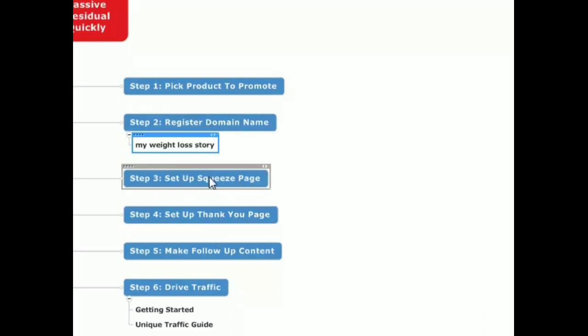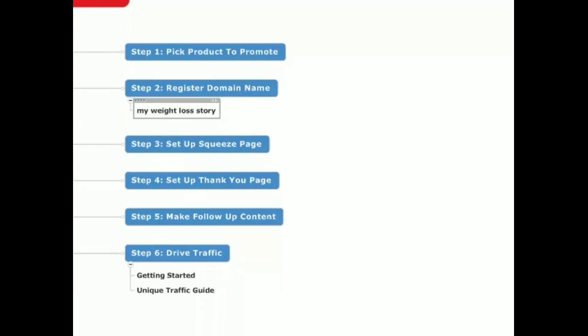Now, normally I wouldn't really bother with even doing a blog, but I'm sitting here thinking, this would be a cool little bonus. So I would add a blog onto my site, and all I would do is every week I would update with my progress, and they can make comments. I would update with videos, and they can make comments, and I can answer their questions, and that would be a really cool bonus. And so I could invite them to come along with me as I try to lose weight. Hey, I'm going to try to go through this. So, please follow along. And I'm going to put this as an extra step in here,